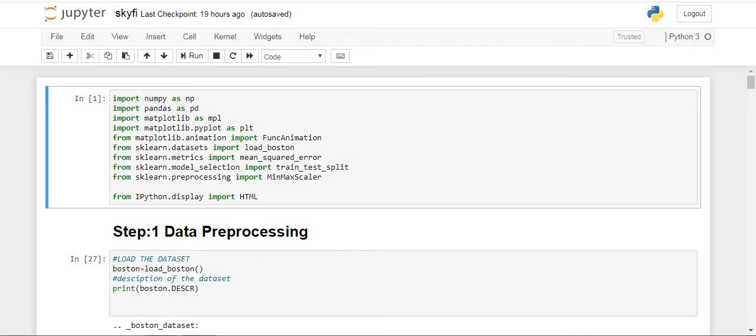And next we'll import the sklearn library, which has functions like mean squared error and min max scaler and the function for splitting data. And we will also import IPython display HTML for animation of the training model of the data that we are training. The first step is data pre-processing.